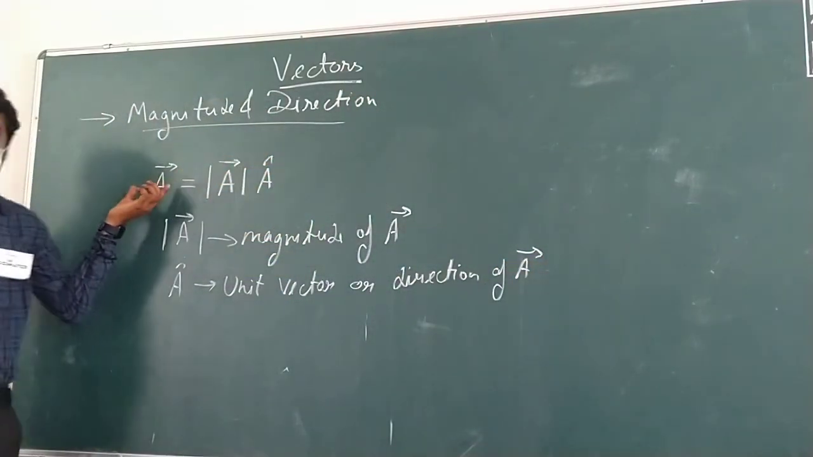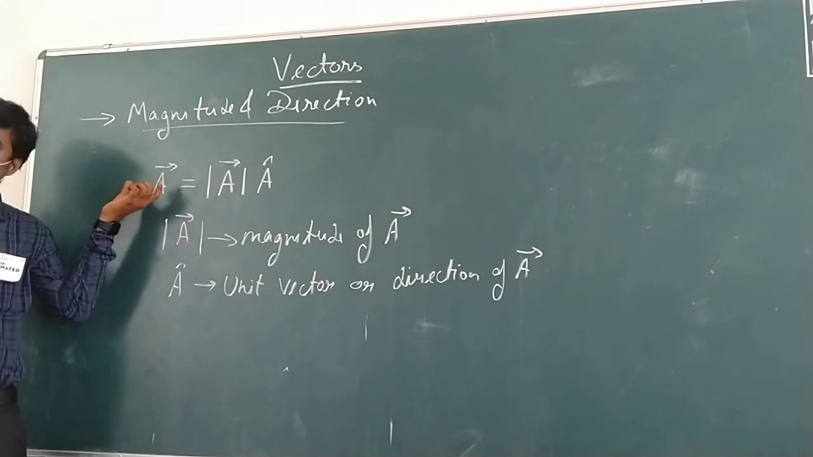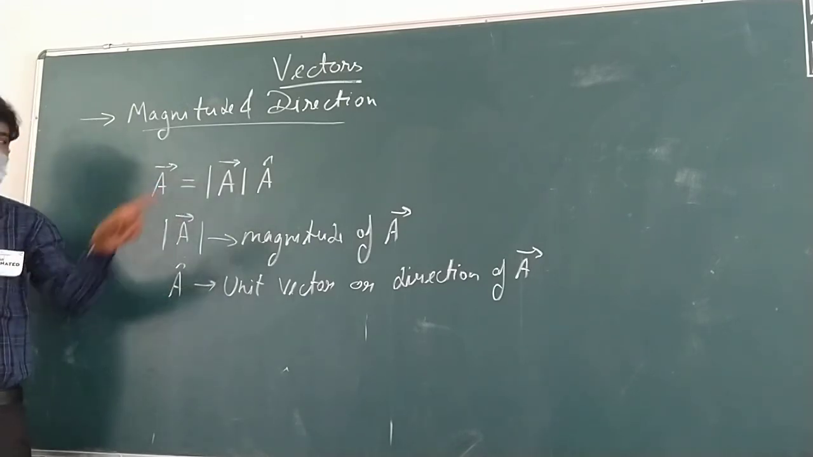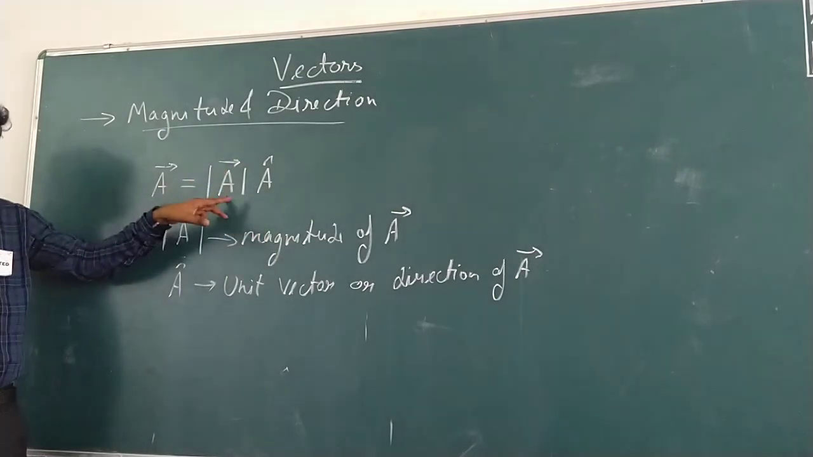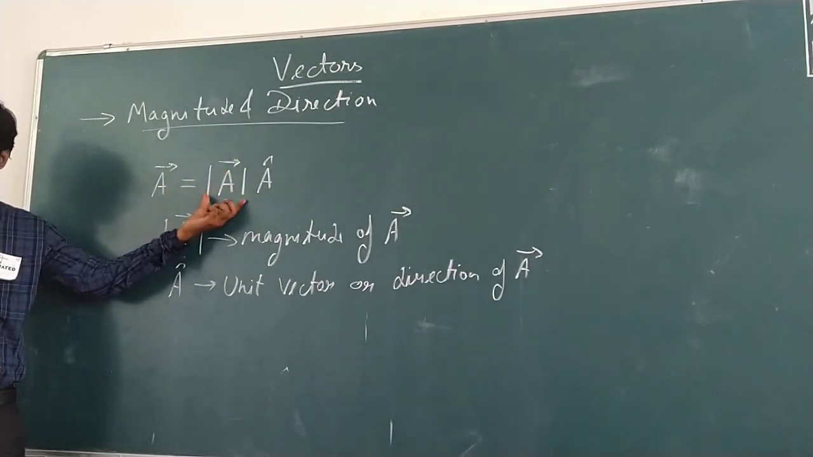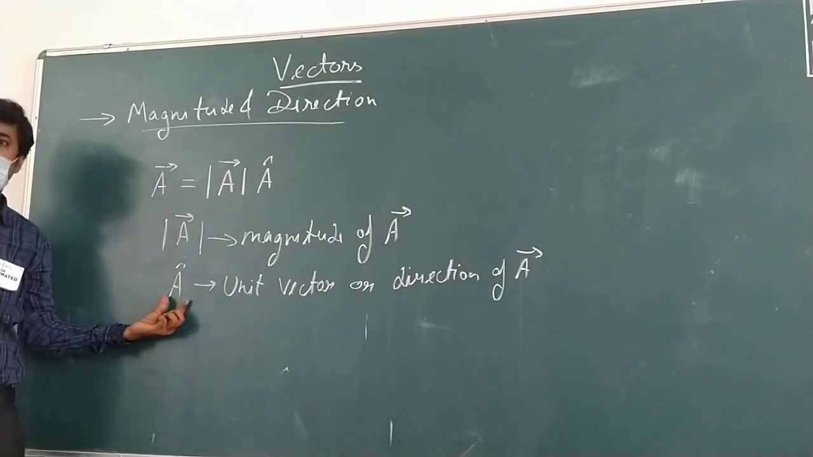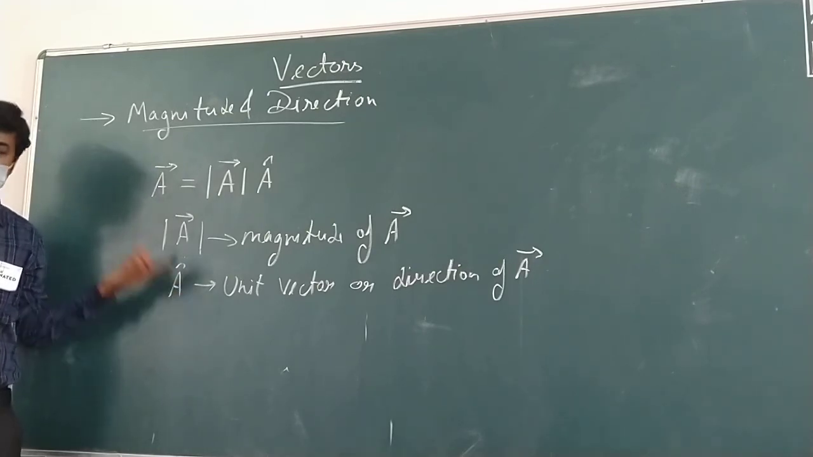देखो बच्चा, this is vector A. You know that every vector quantity has two different things: magnitude and direction. Magnitude is denoted by this thing, mod of A, okay, and direction is denoted by A cap if the vector is like this. So बच्चा,